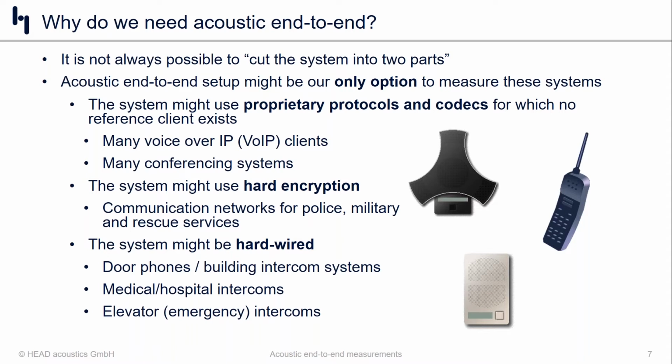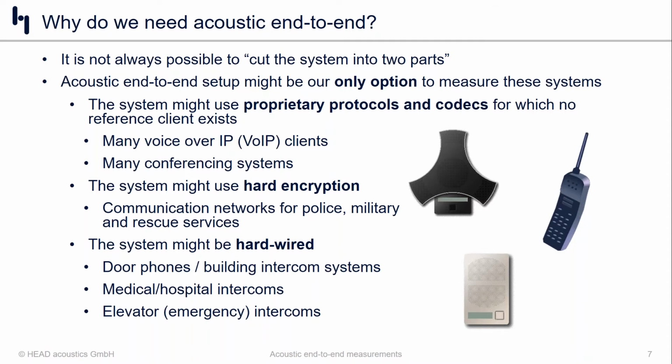And the final one is going to be when we have systems that are completely hardwired. The typical examples we see of those are the types of devices that are installed in buildings for intercom systems, things like door phones. We also have similar types of systems, but more in a medical or hospital setting where we just don't have a way of cutting that system in two. And similarly in things like elevators or other emergency type intercom systems, the only way to go about testing those accurately is to simply use the full system end to end, and we need to go with two head and torsos